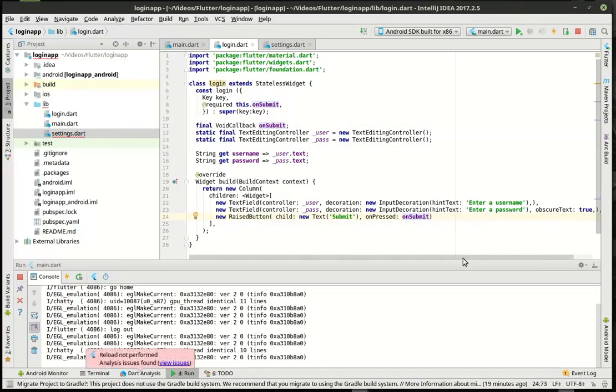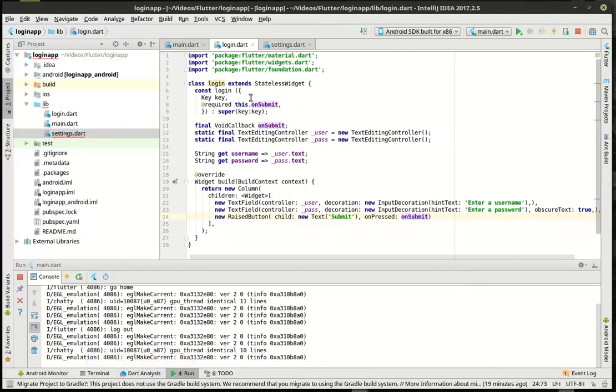So looking at this code, really what's going on here is we have a stateless widget. Remember, we're not going to hold the state because it's stateless. We have in the constructor a key which would help identify this, but we're not really using it in this tutorial. I just wanted to show you can do it. We have a required parameter, and we're using this onSubmit. onSubmit is actually a void callback, meaning we're expecting this to call a function somewhere else in some other code. We have TextEditingControllers, both of them for username and password, and those are being used by these